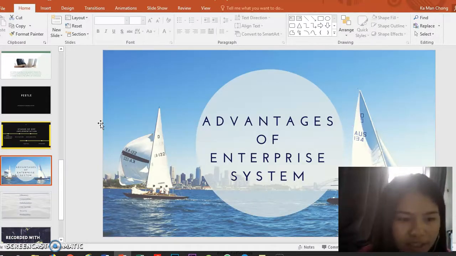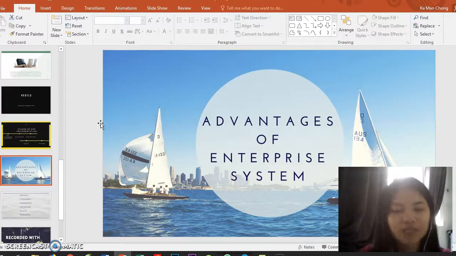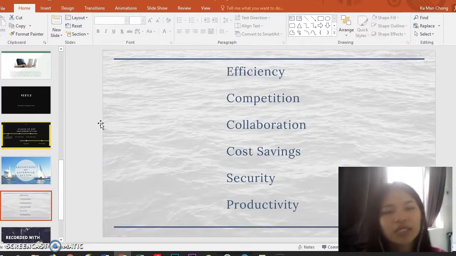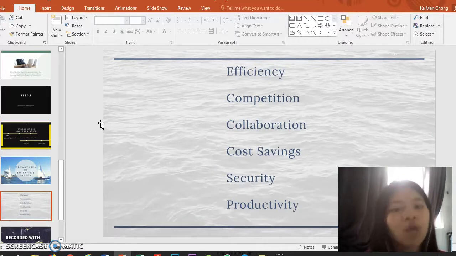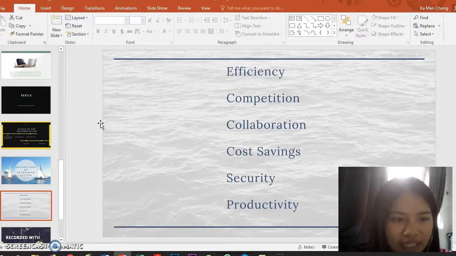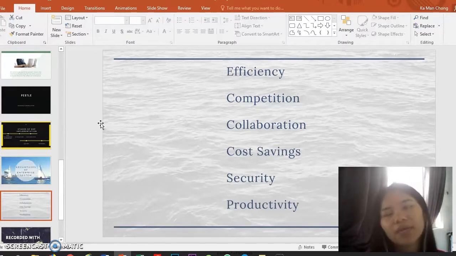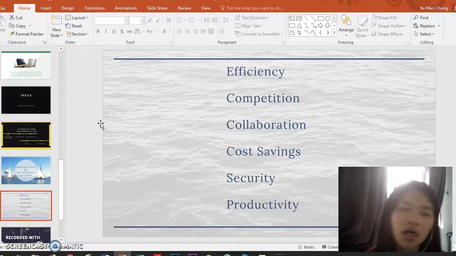So let's discuss more about the advantages of enterprise systems. Throughout all the systems that we just discussed, we can see efficiency, competition, collaboration, cost savings, security, and productivity in it. So let me elaborate more about that so we could understand more about the advantages of enterprise systems. So the benefits of implementing ERP, we can see